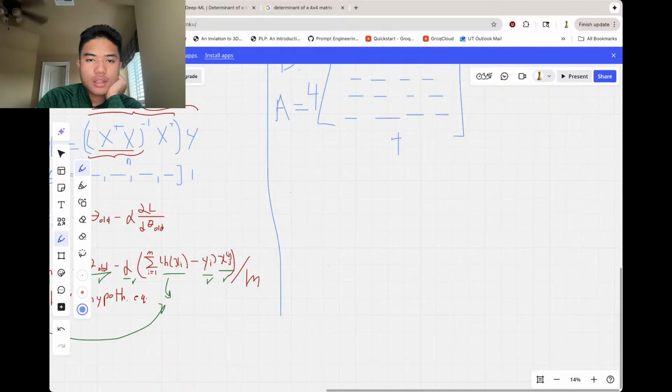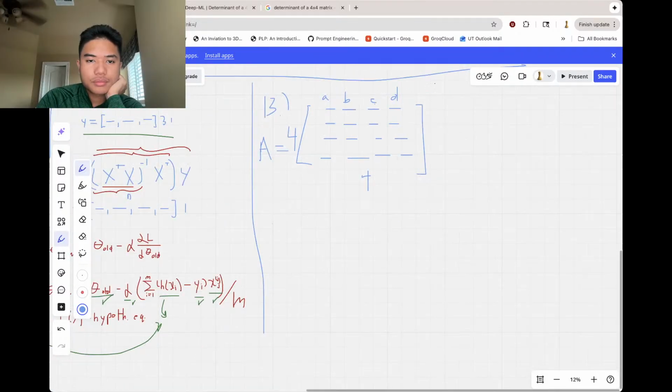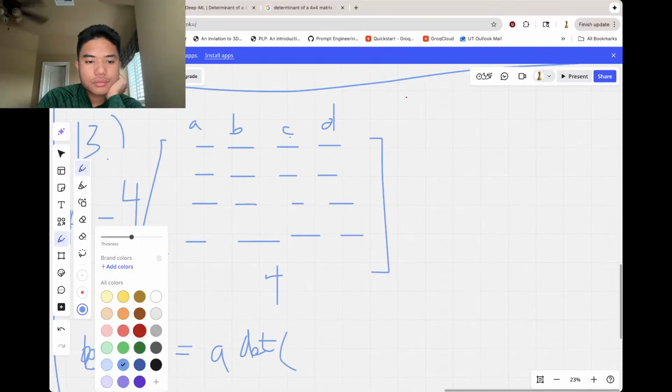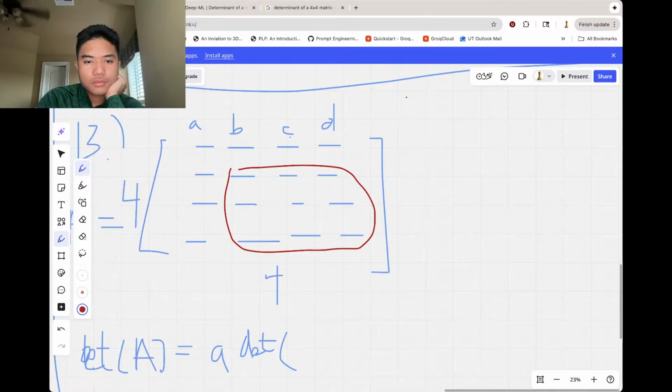Then the determinant of A would be equal to, I think, A times the determinant of a 3x3 matrix, which would be, okay, let's say that's red, minus B times the determinant of a new 3x3 matrix, which would be